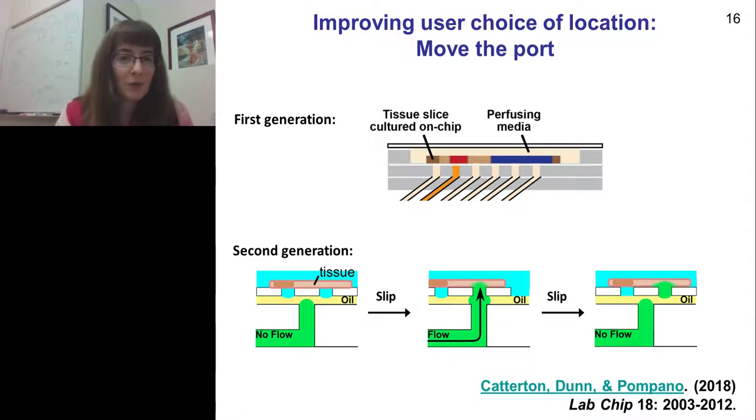So what do you know about oil and water? They don't mix. So this is basically keeping completely separated the solution of drug that might be in that channel down below from the culture media that is surrounding the tissue. And then what you can do is slip and slide the 2 layers, since they're lubricated by this layer of oil,